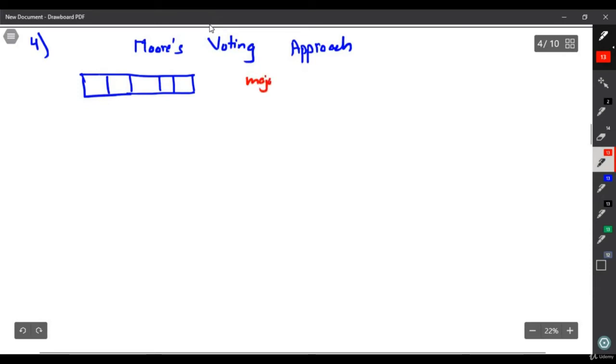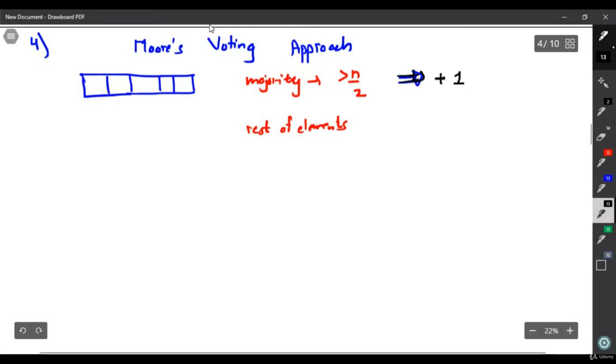What is the majority element? The majority element is that element which will appear more than n by 2 times, and these are the rest of the elements. I am discussing the intuition. I will mark the majority element as +1, and the rest of the elements will be marked as -1.